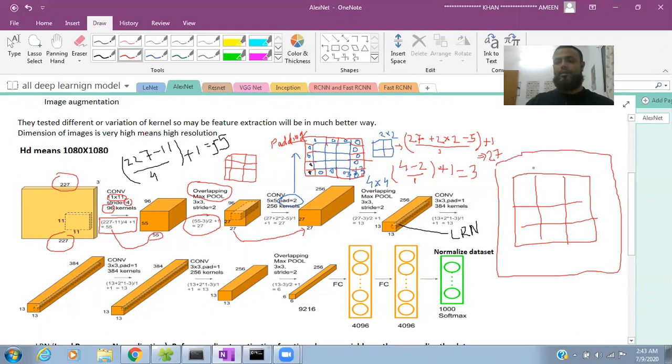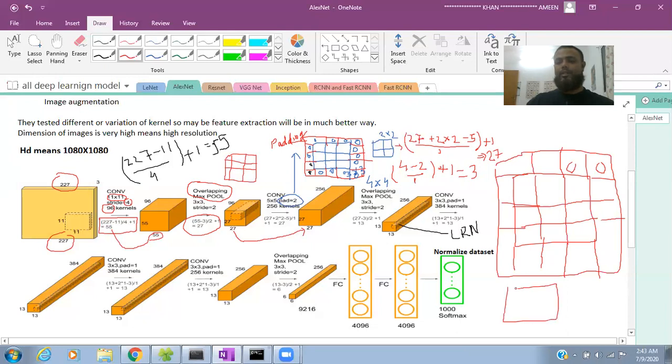They add one extra pad around it, and they make all of those values 0, intensity 0. So this is padding, and suppose they apply a 2 by 2 matrix over the padding and pass it like this.